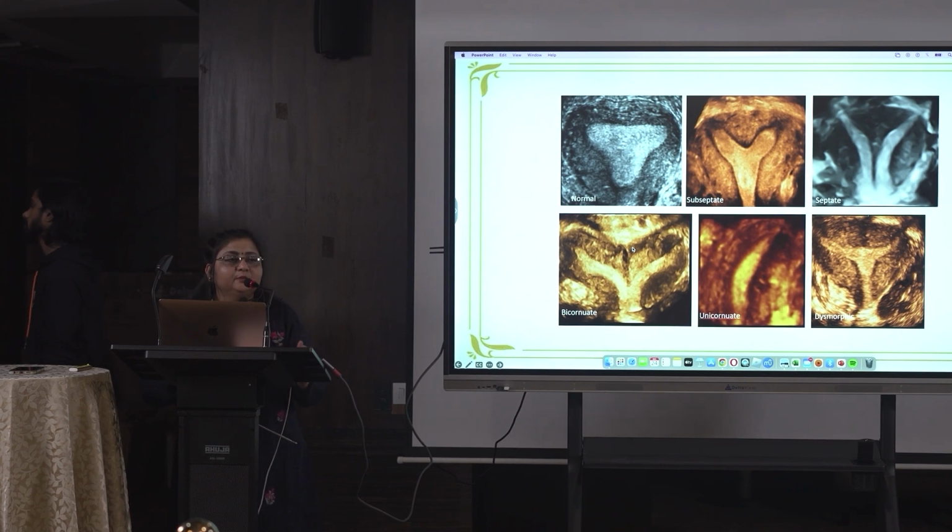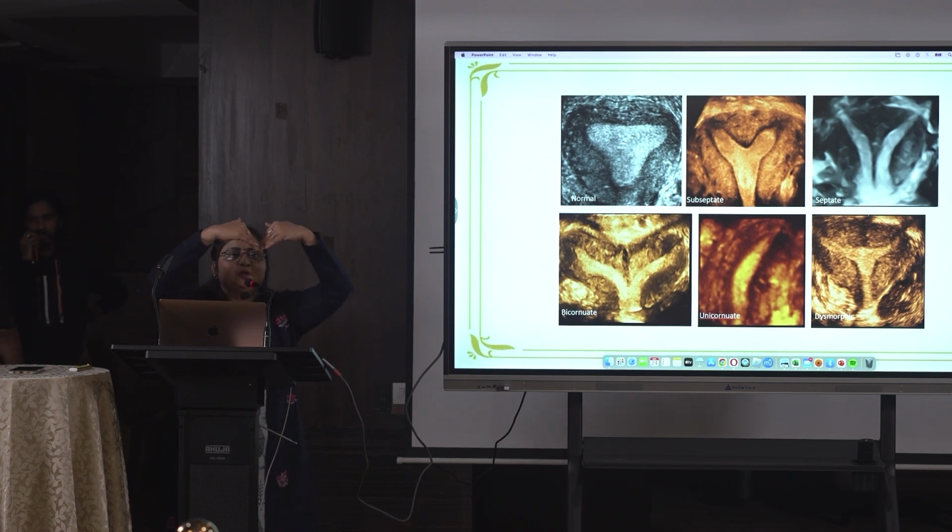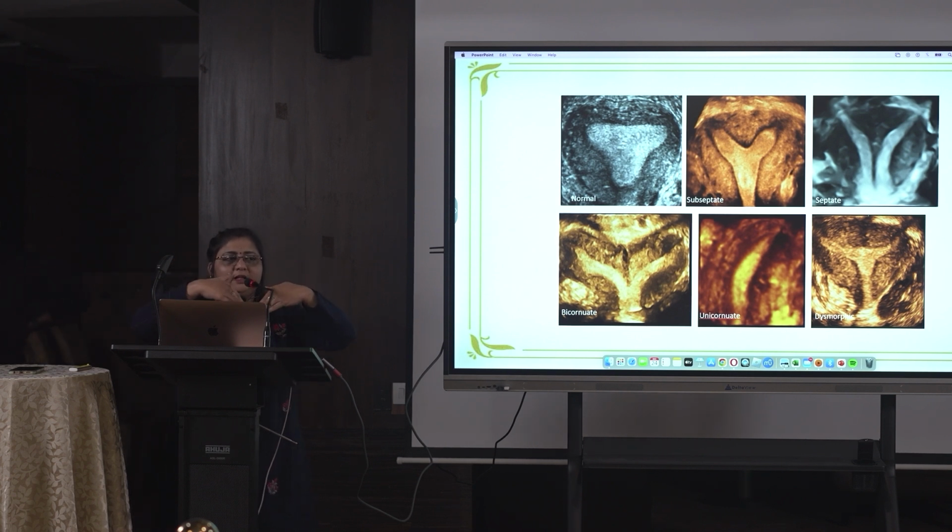Bicornuate, please define bicornuate now by this picture. Yeah, not cavity. Start from above. So the fundal contour is not convex, it is concave. So the endometrium is dipping down more than 10 millimeters. The fundus is also dipping down more than 10 millimeters. Then the angle between them, and they are wide apart. So the angle is more than 90 degrees.